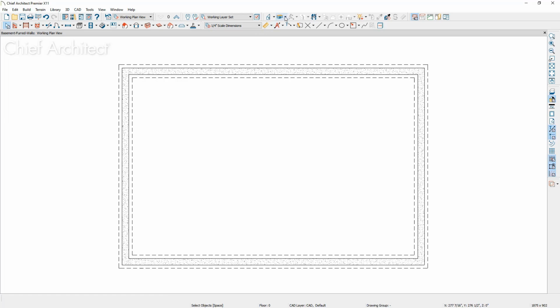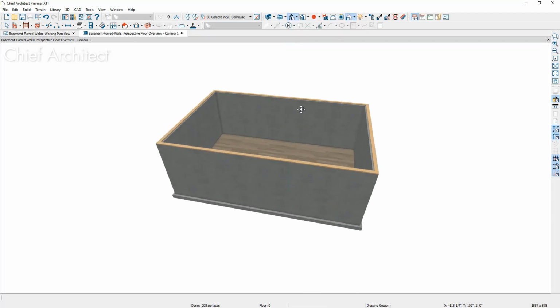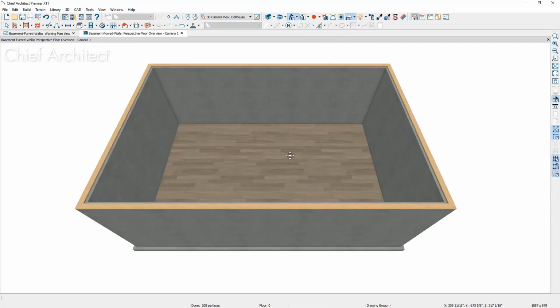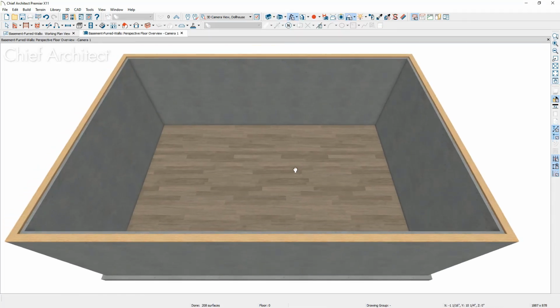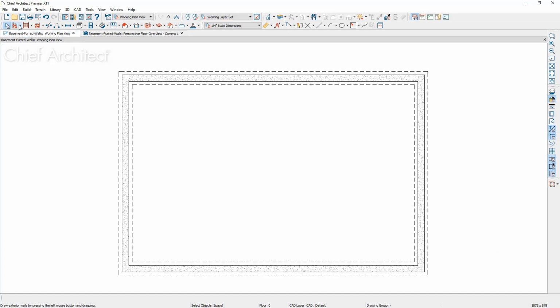And now when the foundation is built, it's just using a singular stem wall. And when you take a 3D overview here, you can see that the stem wall is a bit deeper than it was previously, and I don't have any furred walls inside of here because I want to hang that floor platform. Let me show you the steps in creating that furred wall where the platform will bear on top of that wall but be hung off of the outside bearing concrete wall. Inside of the plan view, I'm just going to draw an interior wall in here.